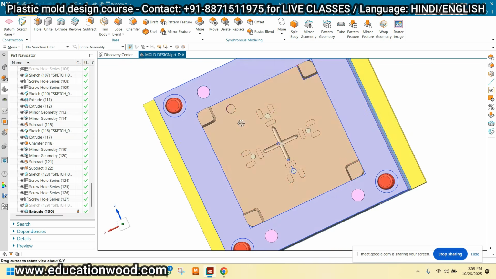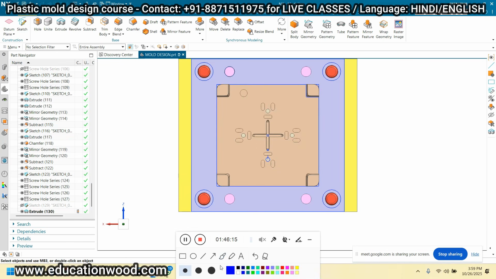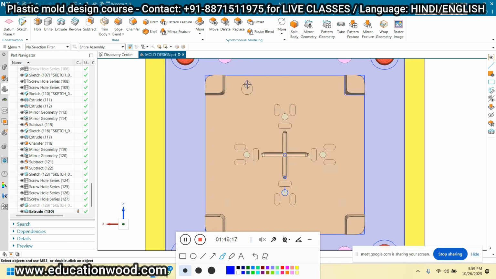So basically, if you are providing the drawings from this hole, you are providing the dimension of this from this hole, this center, so basically in future, you know where is the center, what is the distance of this face. So for the future reference, this is very important, right?